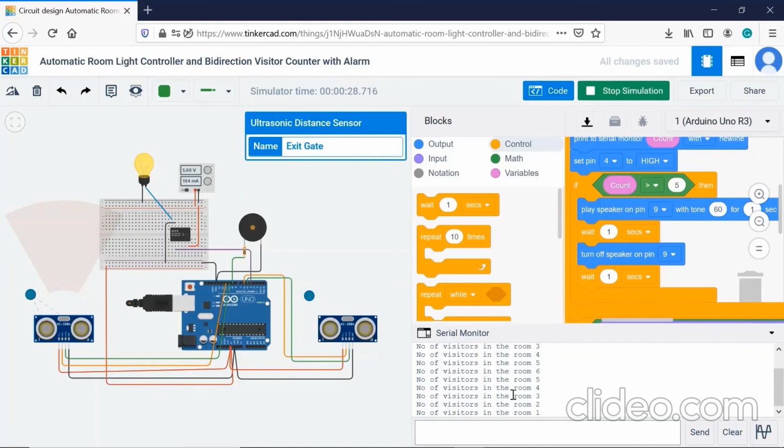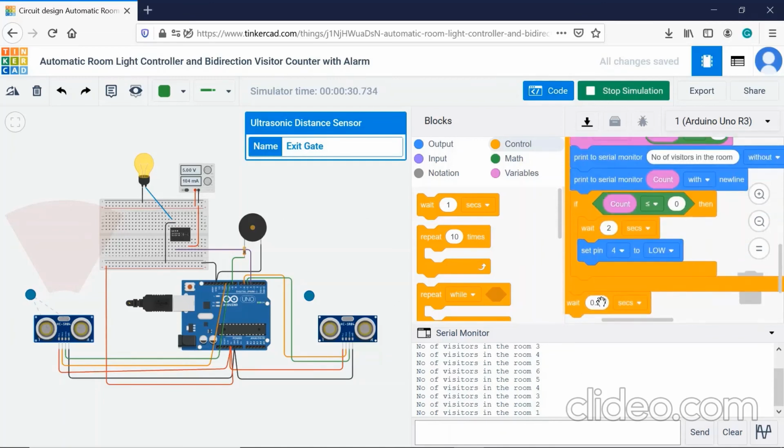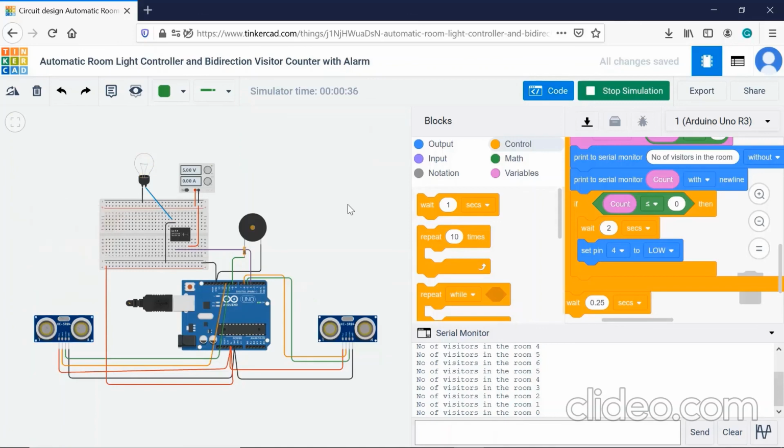Now the number of visitors inside the room is just 1. As the last person leaves the room, the light bulb will be switched off after 2 seconds, according to this loop. Now the number of visitors inside the room is 0 and the light bulb has been switched off. So this is working properly. So we can stop the simulation now.